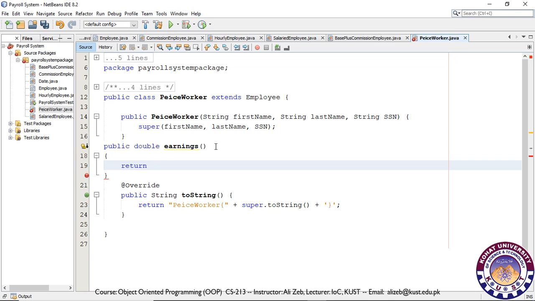Now we are bound to implement the earnings method because this is